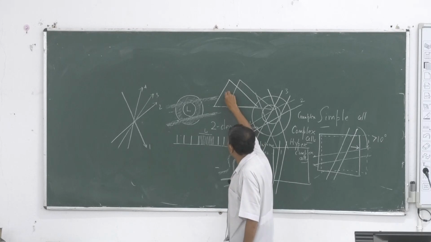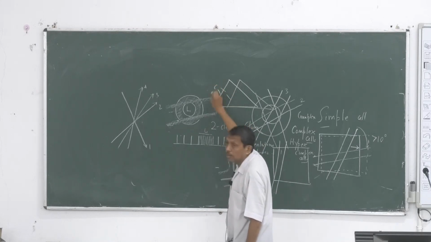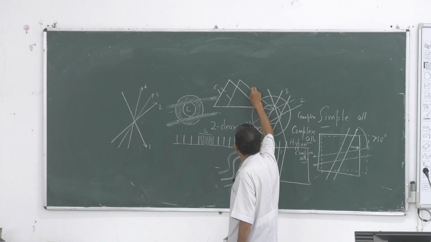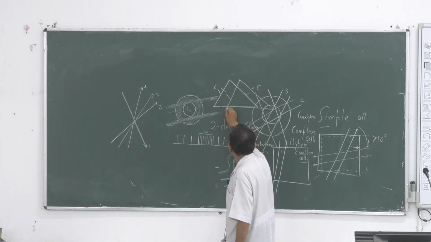So it can detect both of these, one complex cell. Similarly, another complex cell can detect it, and if their bases are also different,